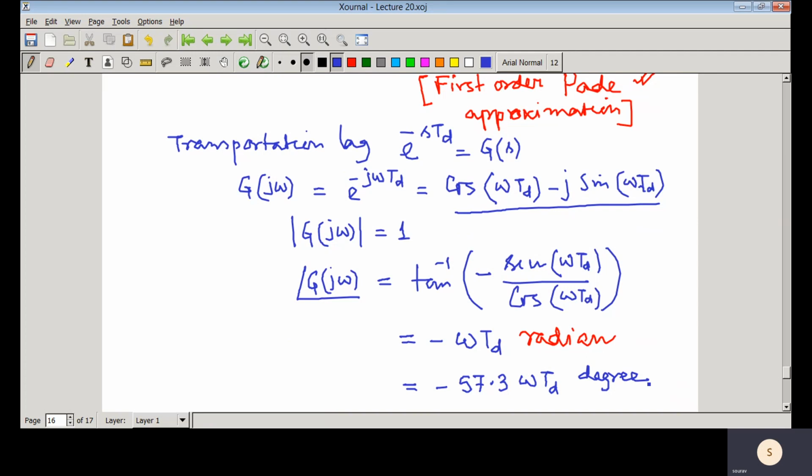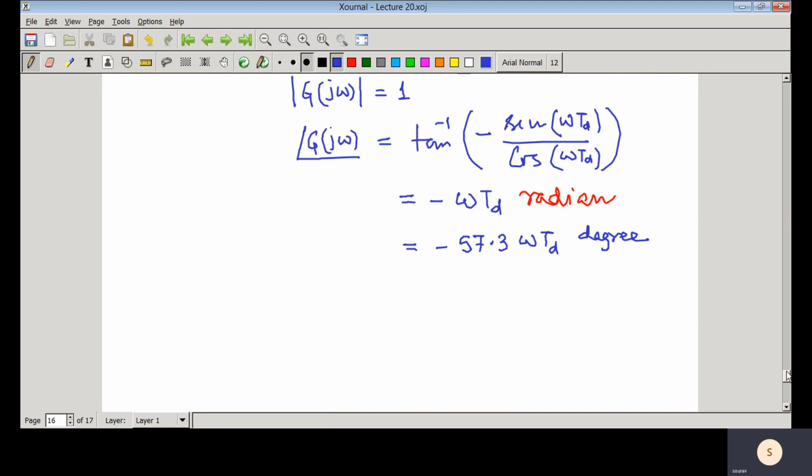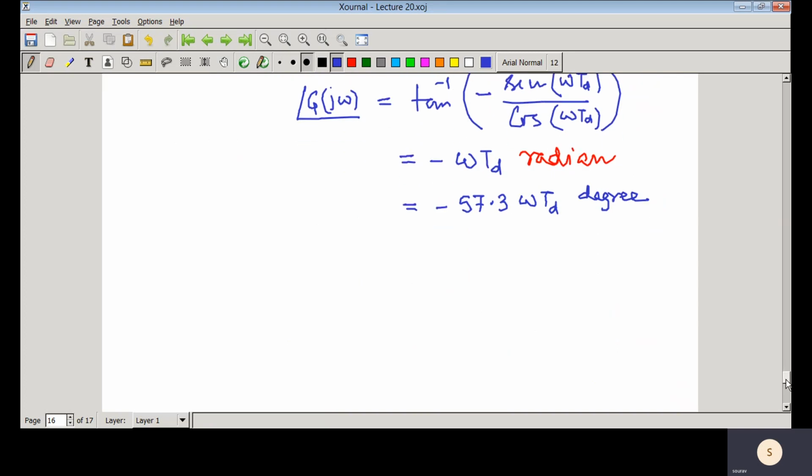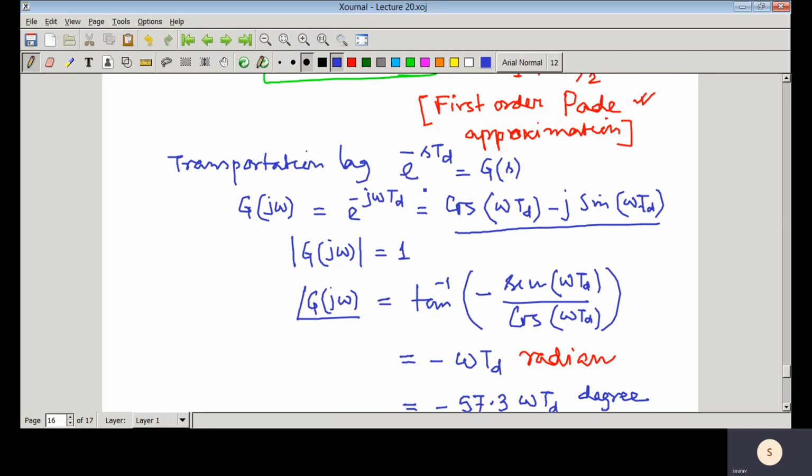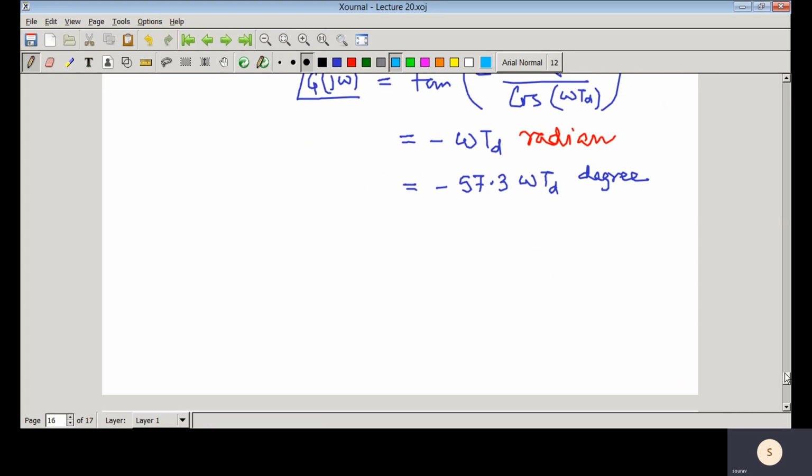So this is the expression that we would have in the case of the transportation lag. So let us see, if you are asked to draw the gain and phase for the transportation lag transfer function, because this is the transfer function that you have seen, G(s) equal to e to the power minus s Td. So what would be that